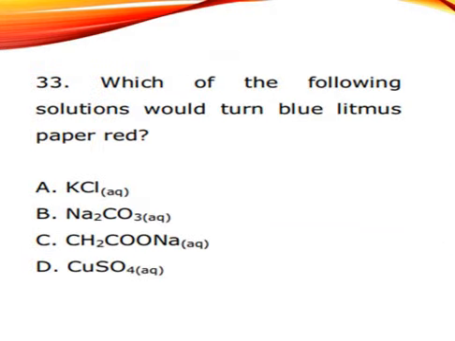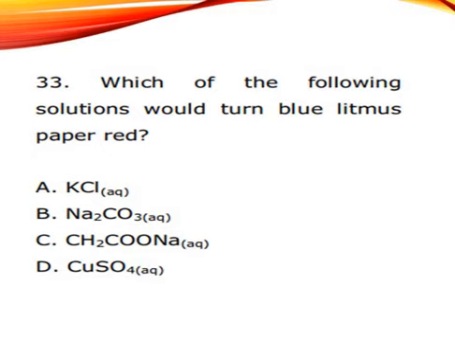Then question 33 says, which of the following solutions will turn blue litmus paper red? By this, it's asking us to identify the acidic option. We have KCl formed from potassium hydroxide and perhaps hydrogen chloride. That's a strong acid and a strong base. It will give you a neutral solution. For this second one too, what we're going to do is we'll try to identify the one which